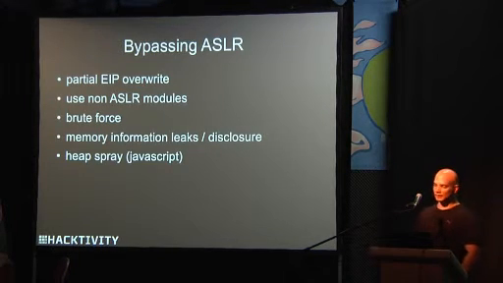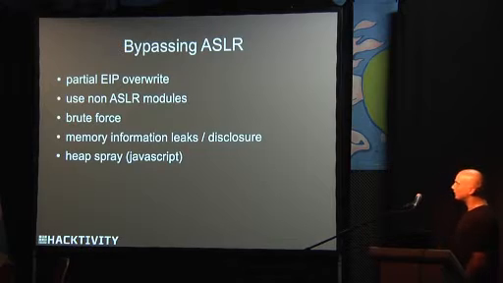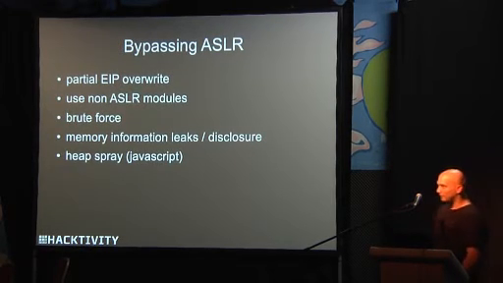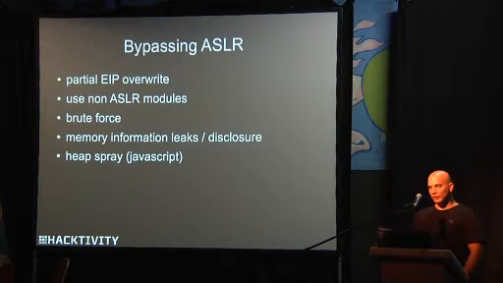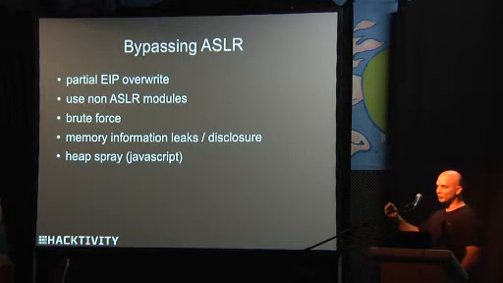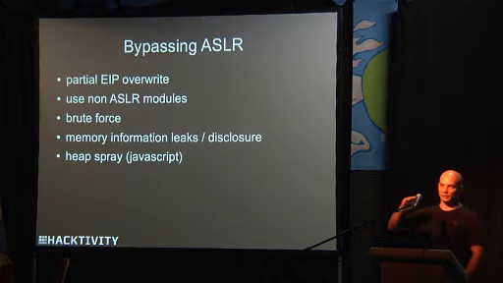ASLR. We can also bypass it in a different way. One is the partial EIP overwrite. Since randomization is on the top 16 bits, if a DLL is loaded